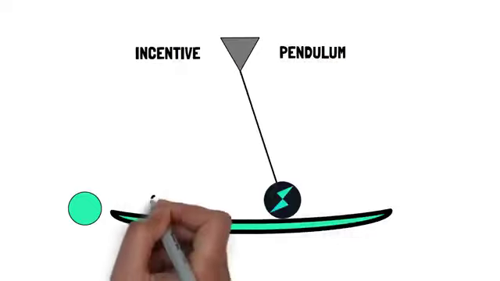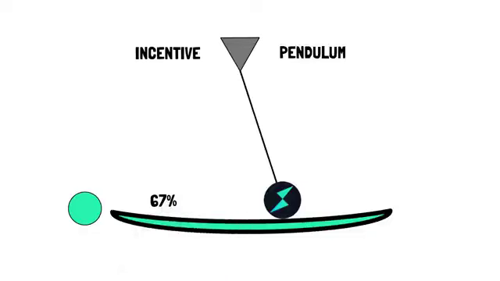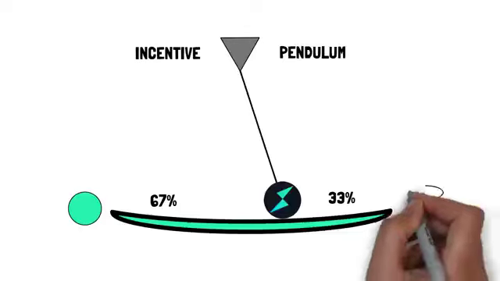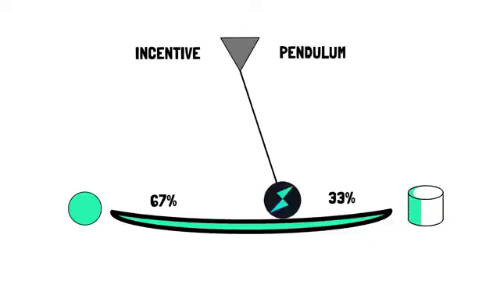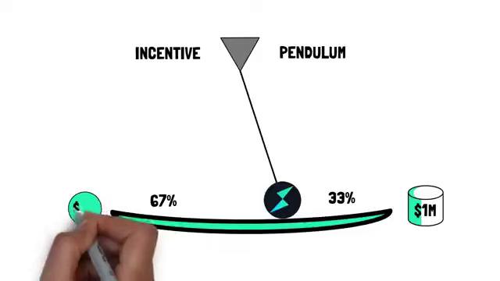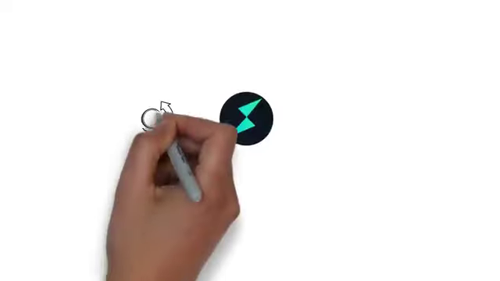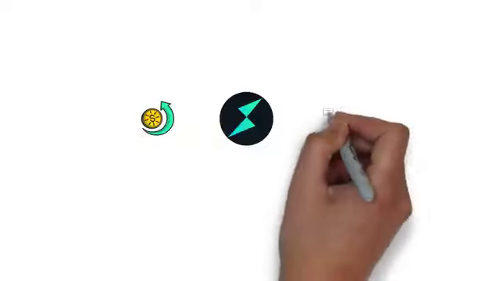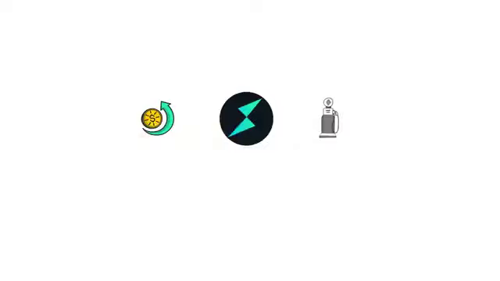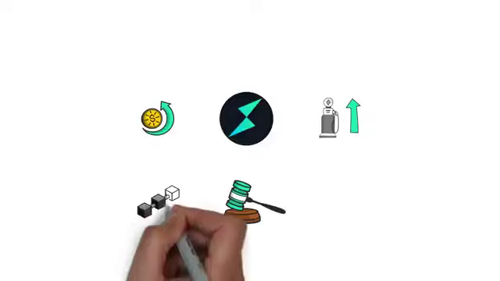This is when 67% of all the Rune in the system are bonded, and 33% is pooled in pools. In the optimal state, for every $1 million worth of assets in the pools, there would be $2 million worth of Rune bonded by the nodes. On top of this, Rune is used to pay transaction fees on the network, subsidize gas needed for sending outbound transactions to different networks, and participate in the Thorchain governance, where users can signal which chains and assets the network